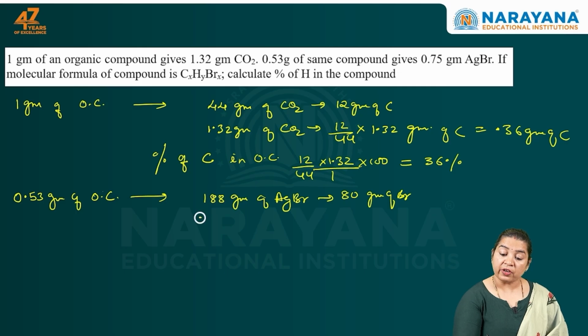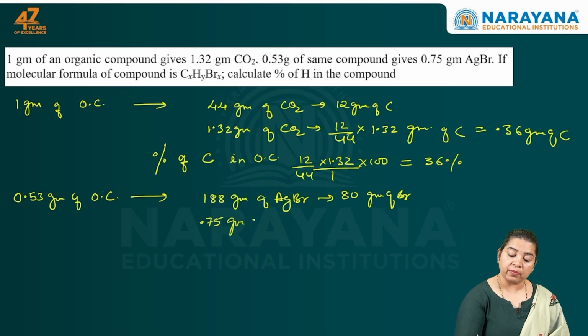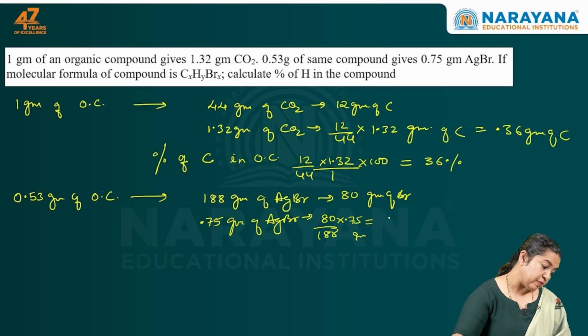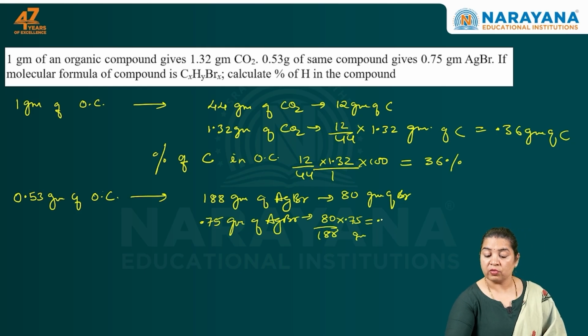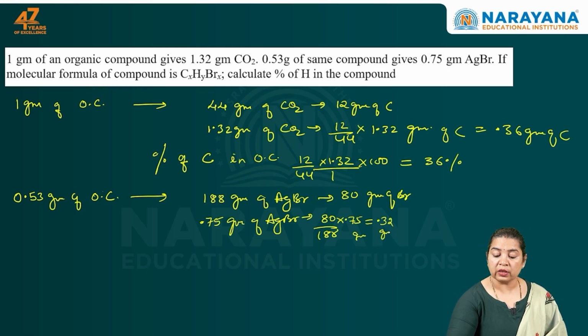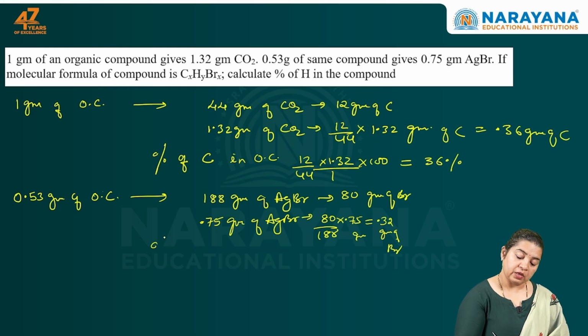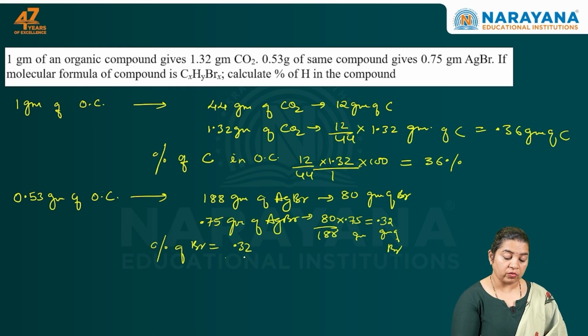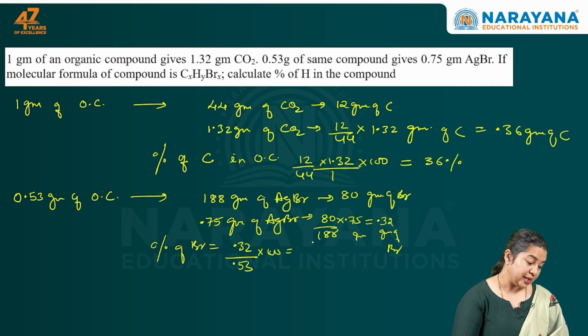But if it is 0.75 gram of AgBr, then 80 upon 188 into 0.75 grams, that on solving comes to 0.32 grams of bromine. So the percentage of bromine is 0.32 upon 0.53 into 100, it is